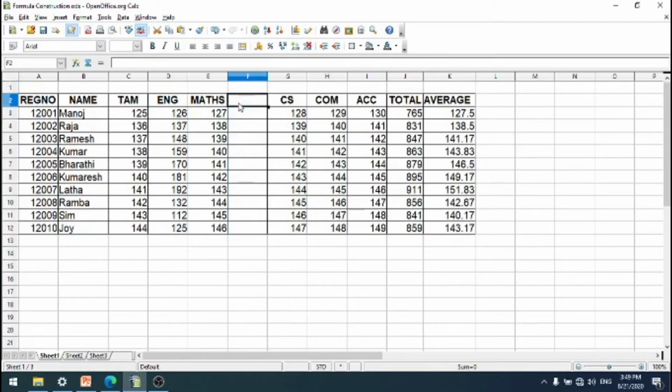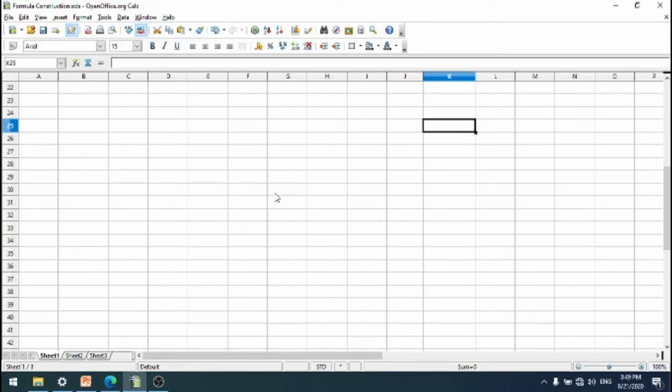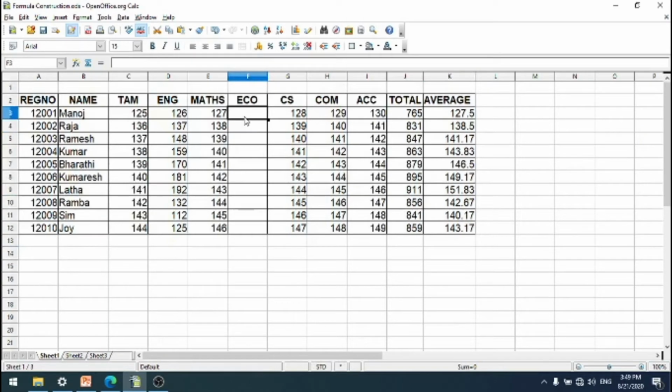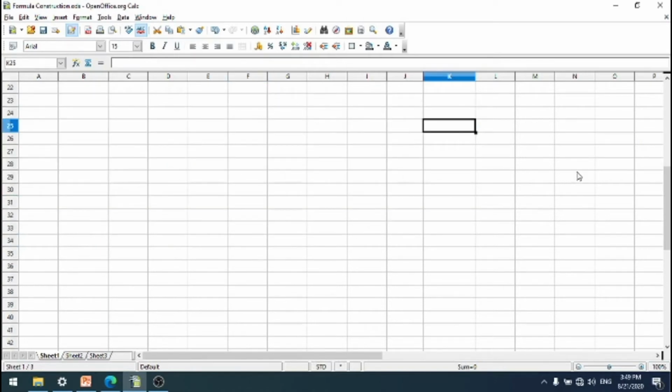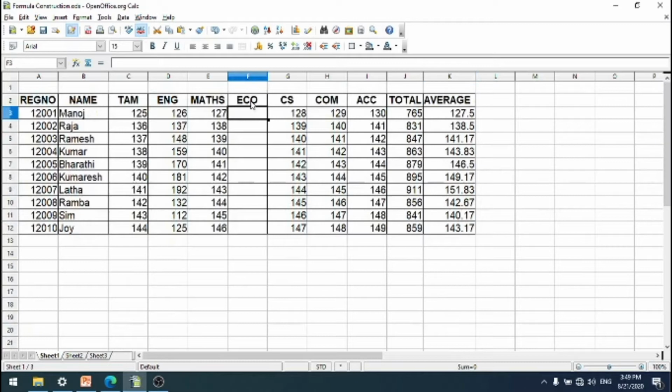See, you change the heading echo and type the students economics mark 23, 123, 134, 145, 155, 167, 200. Then the remaining all students are having 200 marks. So now we have filled the marks.